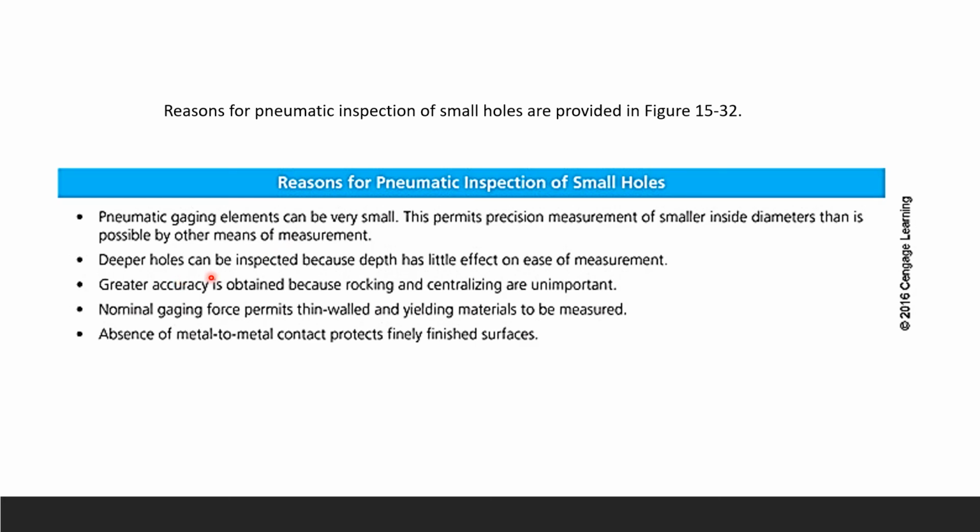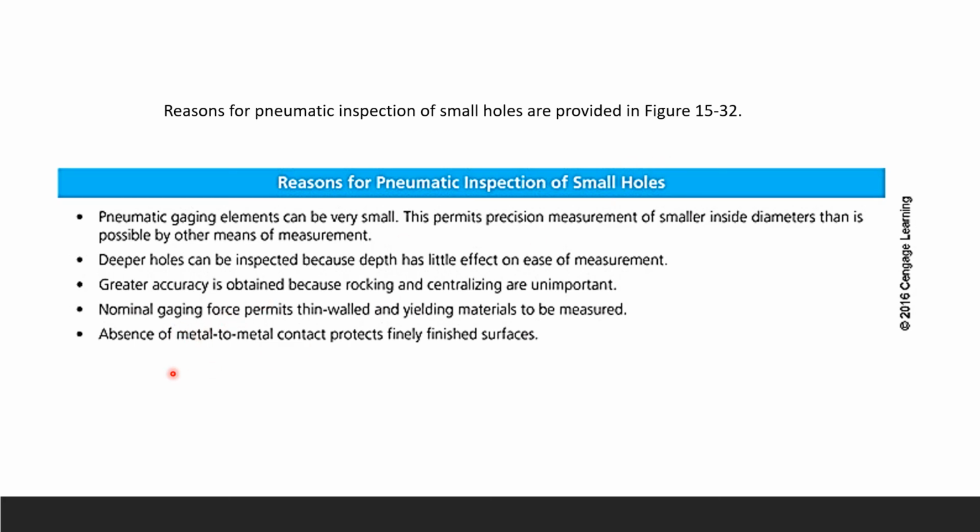Deeper holes, you can go that, by using the pneumatic inspection. You can inspect the deeper holes because the depth has little effect on each measurement. Greater accuracy you can get because rocking and centralizing are important in this instrument. Nominal gauging force allows thin-walled and yielding materials to be measured. What you have to know here is the gauging force is not big, so that's pretty good